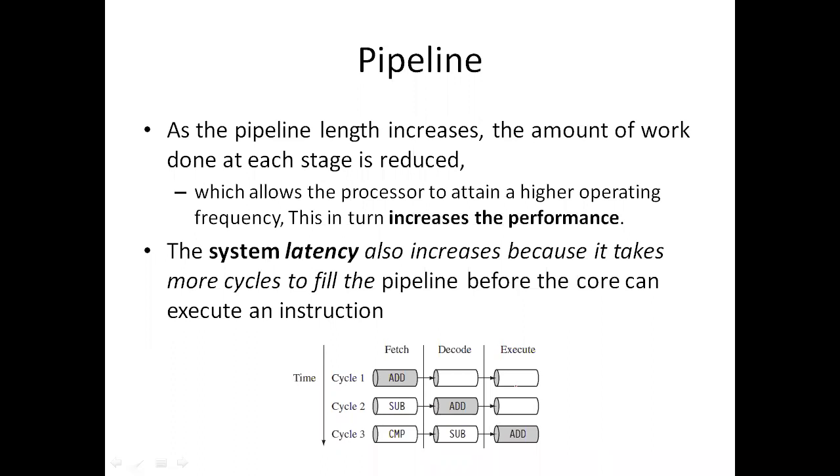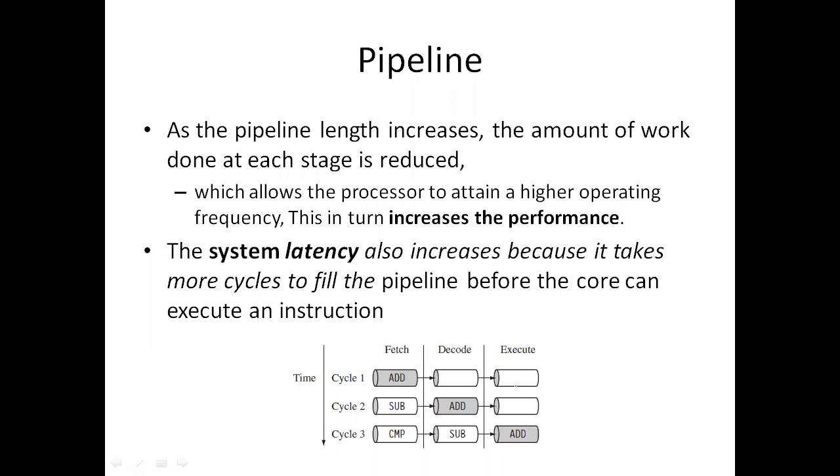So what do we mean by system latency? If you turn on your processor, and your system has a 3-stage pipeline, then it will take 3 clock cycles to execute the first instruction. After that first instruction, each instruction will be executed in a single cycle, each one immediately after the previous instruction. The time taken for execution of the first instruction, when the instruction pipeline is being preloaded, is called system latency. So as the number of stages increases, the system latency also increases.